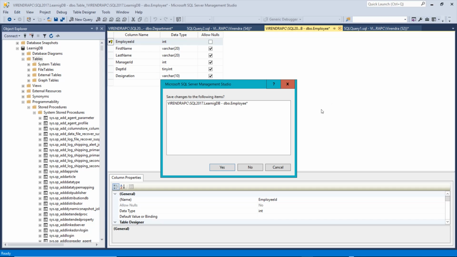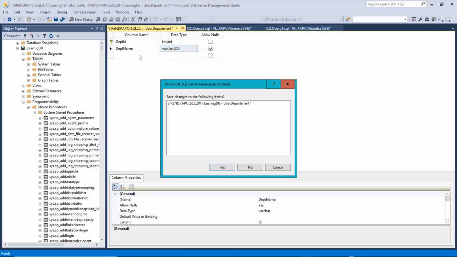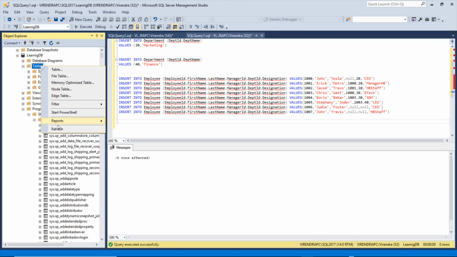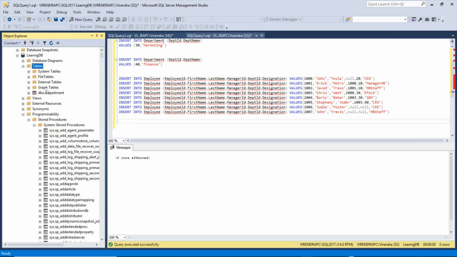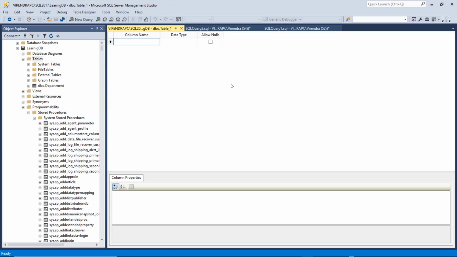I think I'm going to close all this because I had created that table already. It is not showing me properly, but if you see, my department must have been created. So let's create our employee table. Here I'm going to say employee ID,